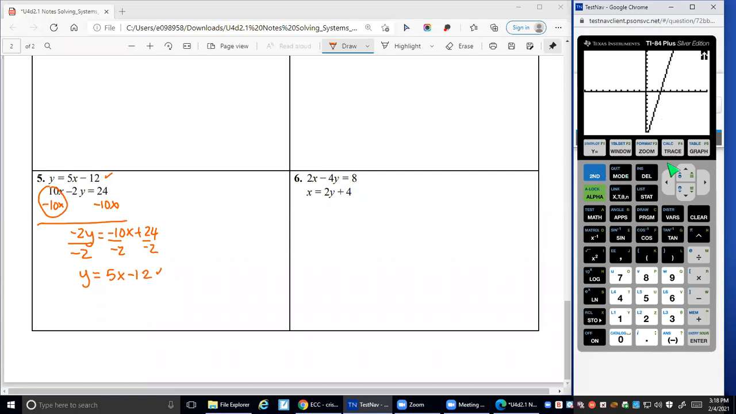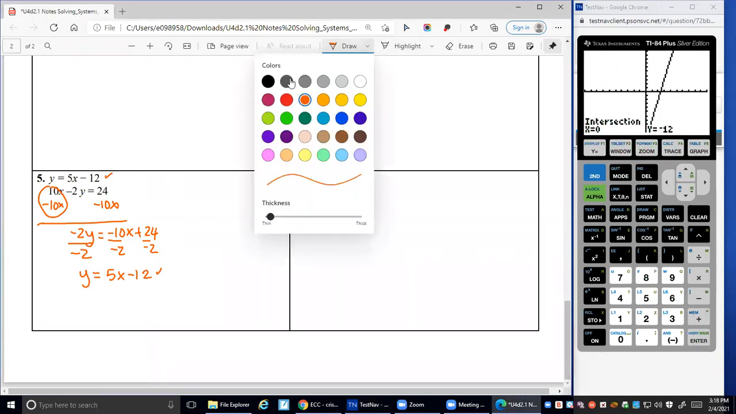And when you hit second trace, 5, intersect, enter, enter, enter, you get a solution, right? But it's one solution. It's not all of the solutions. So here's a situation where you do have to be smarter than the calculator, right? So the note that I would make on this one is